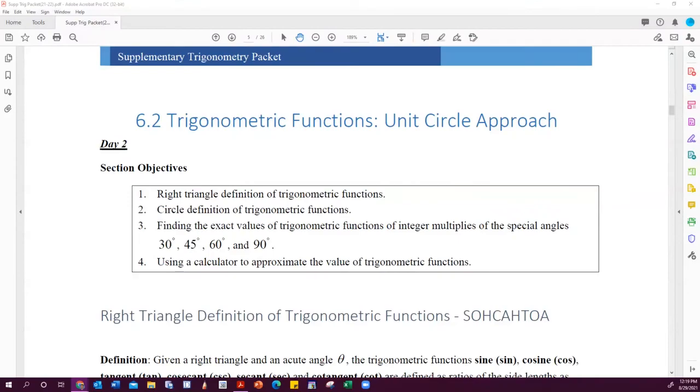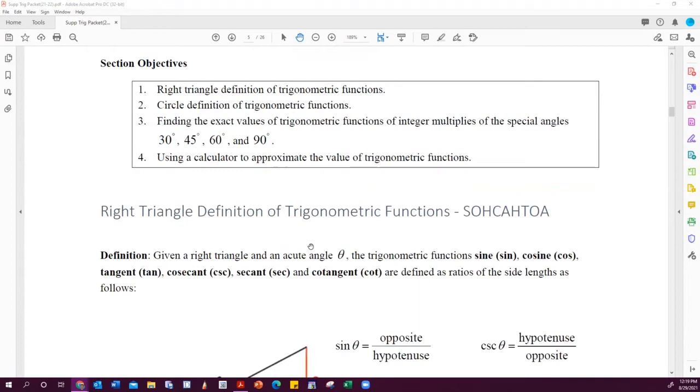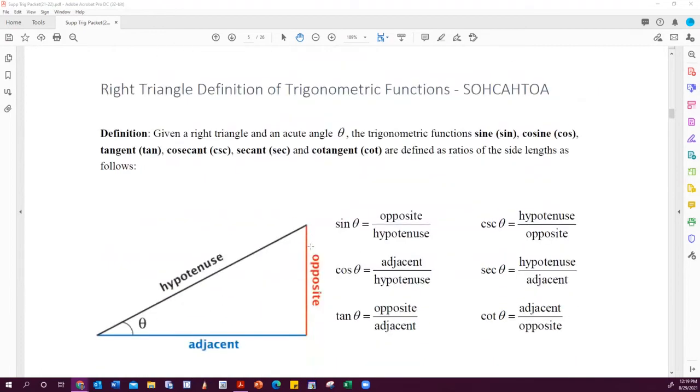Okay, as Mr. Varney would say, this is the beefy unit of this packet. We're now doing 6.2, which is the unit circle approach to trigonometric functions. It's going to be built on what we've already seen, hopefully, in a geometry class, the SOHCAHTOA definitions of